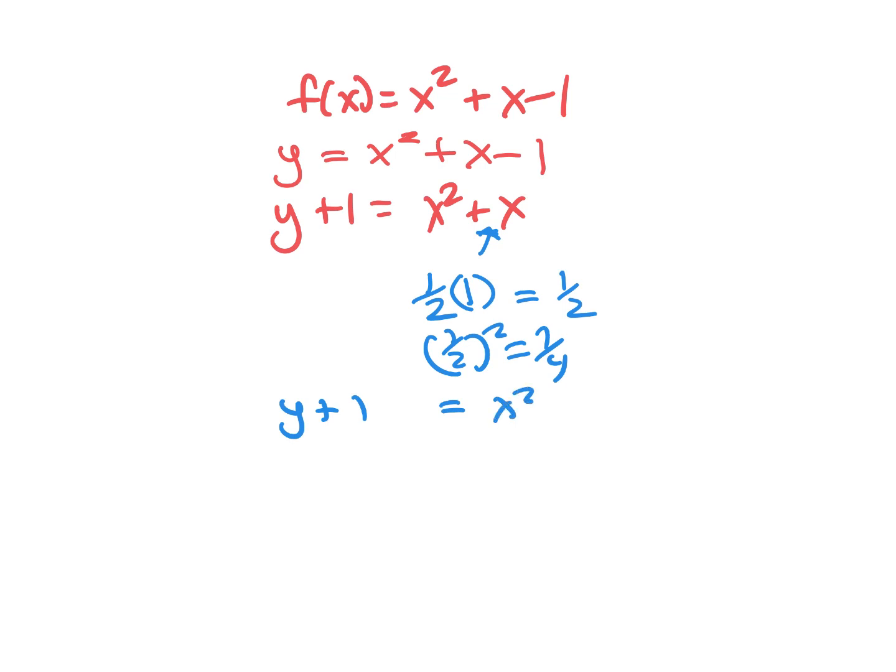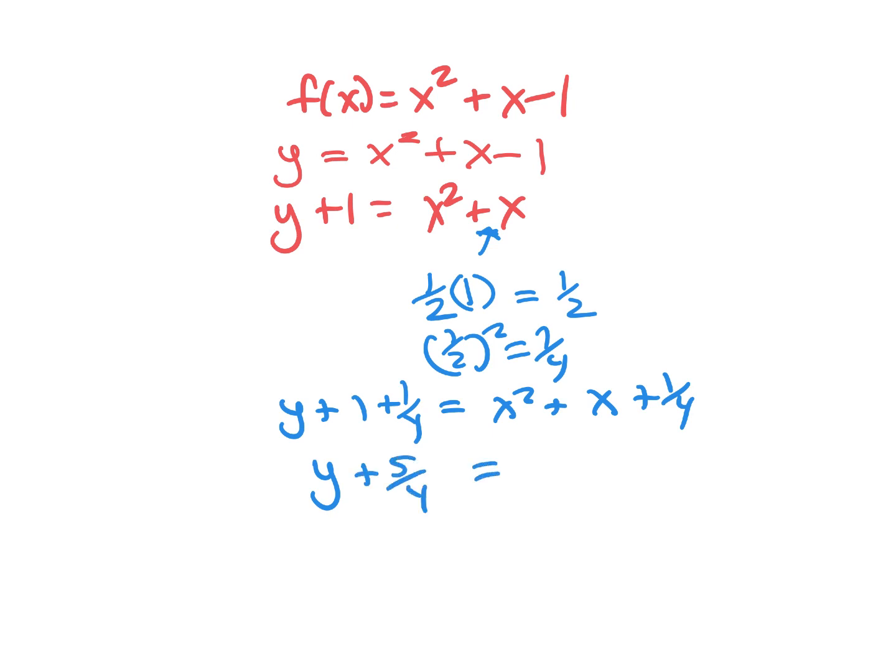So I'm going to add 1/4 to this right side. But whatever I do to the right side, I've already also got to do to the left side, because I don't want to change the equation. I'm just rewriting it. So I'm going to have y plus 1 plus 1/4 is 5/4